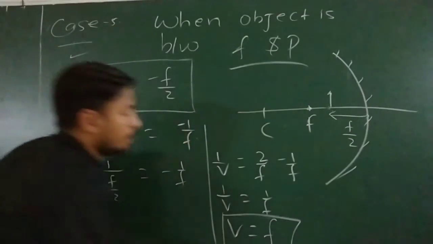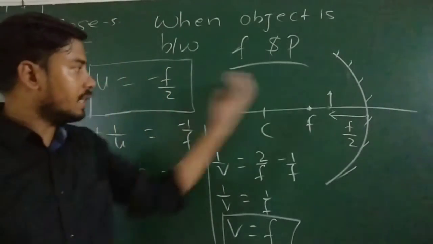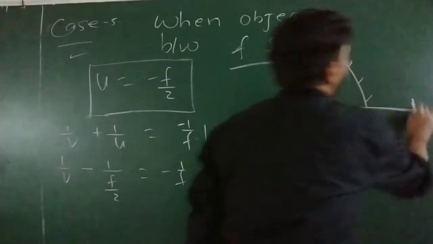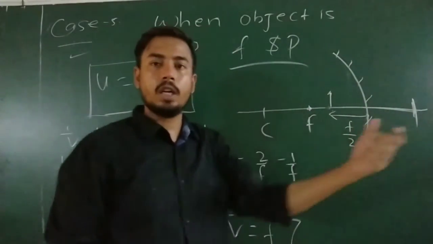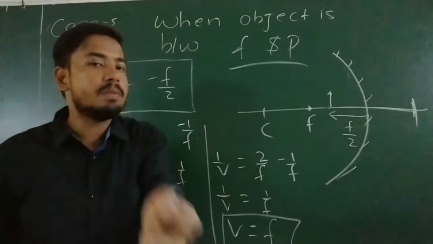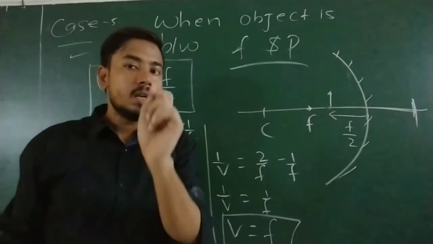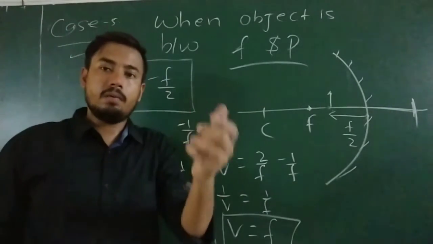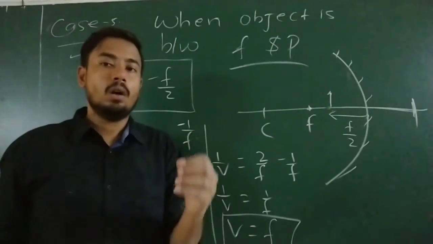See, this v is coming positive. It means this image should be this side or this side. So definitely this image should be this side, at a distance f. Suppose the focal length is 5 cm. So the image will be 5 cm behind the mirror. So it becomes what? Virtual. So yesterday I said the image will be virtual. Now I have to prove it will be large and erect.